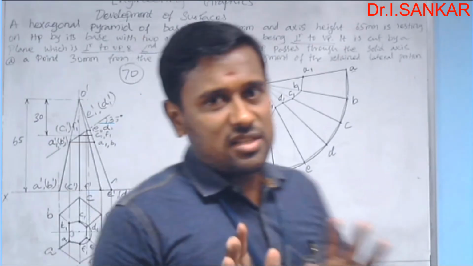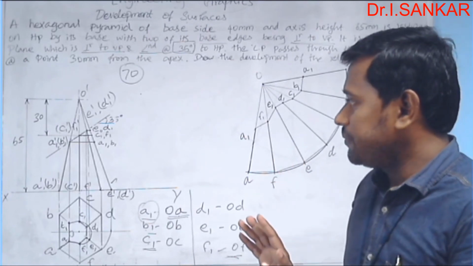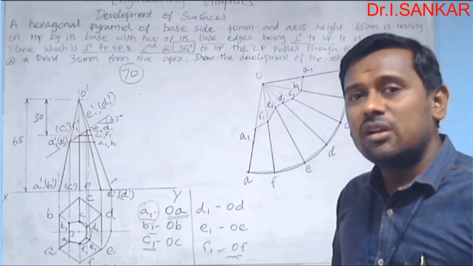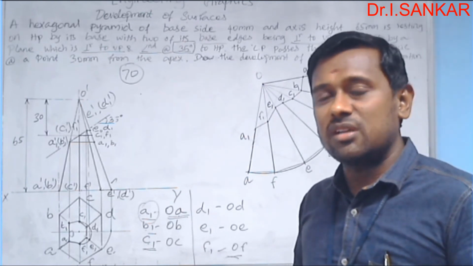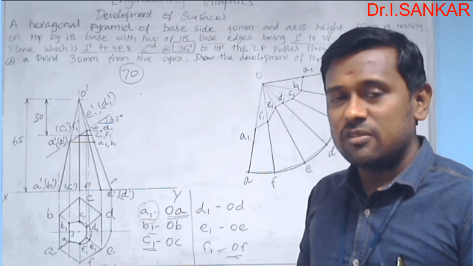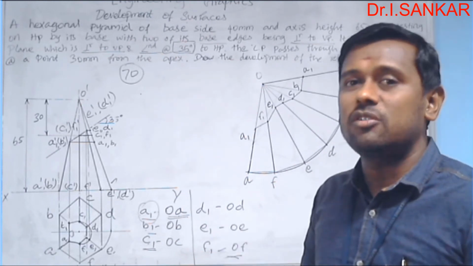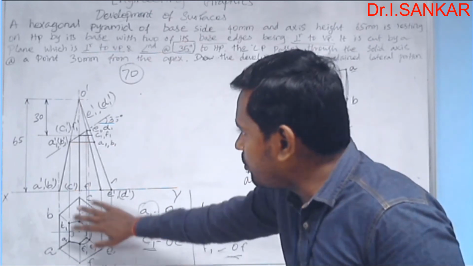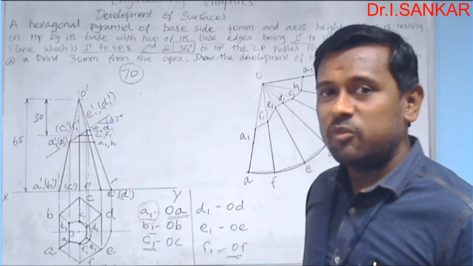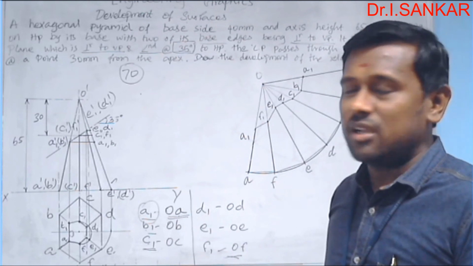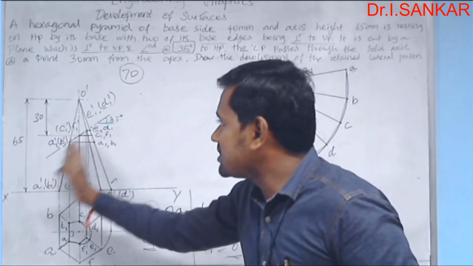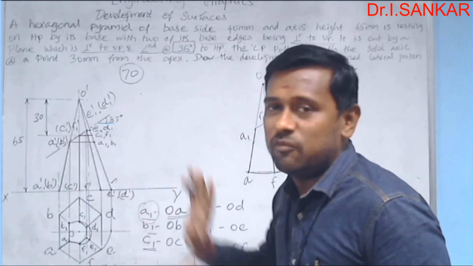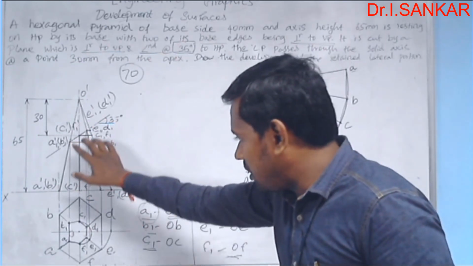Before that, I will summarize what I taught for this question from the beginning. First, as per the question statement, we drew the front and top views of the solid. The solid here is standing on the horizontal plane with its base, with two of the base edges being perpendicular to VP, and in that way we drew the base view of the solid, followed by drawing the lateral view of the solid. After drawing the front and top views of the solid with the given cutting plane, I cut the solid and marked the cut points in the front view.